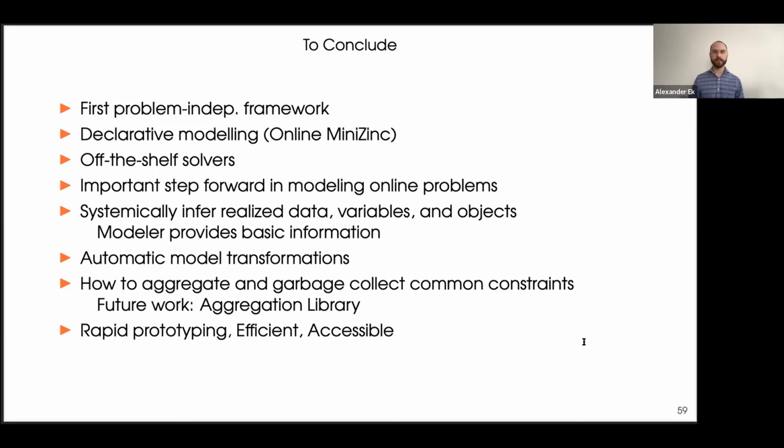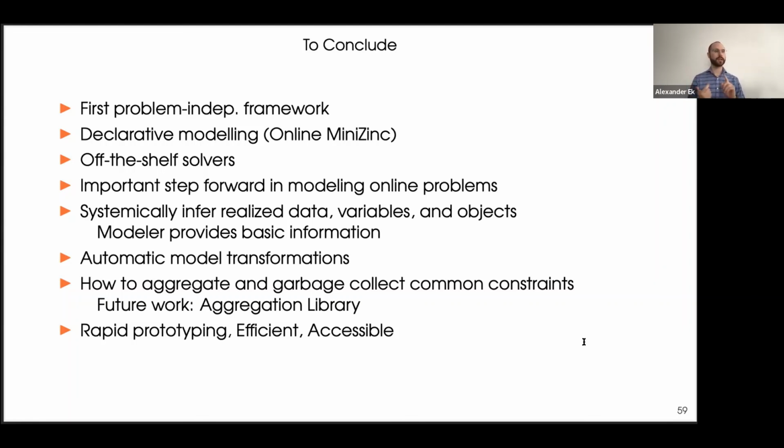We systematically infer realized data, variables, and objects. The modeler must provide some basic information, but we handle the rest. We do automatic transformation to a language that can be compiled with the regular MiniZinc compiler. And we also look at how to aggregate and garbage collect from constraints. The future work here is creating an aggregation library that can automatically look at your model and see,